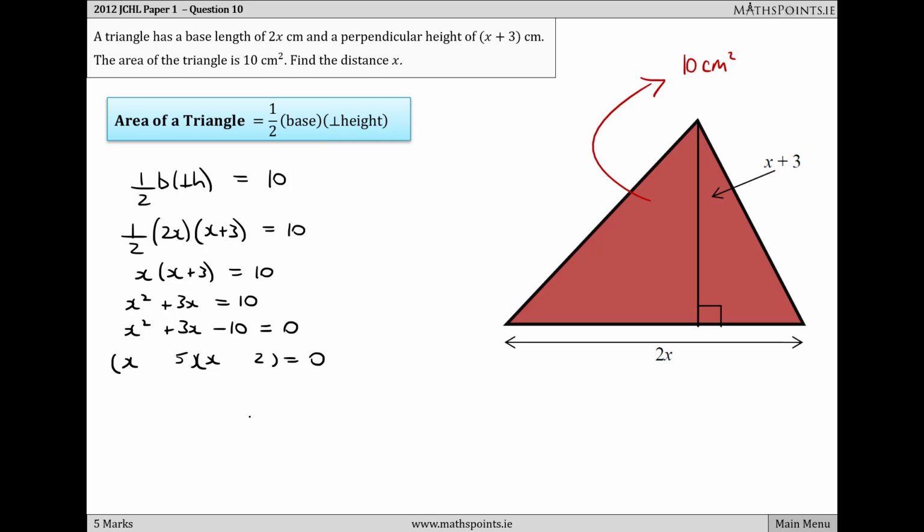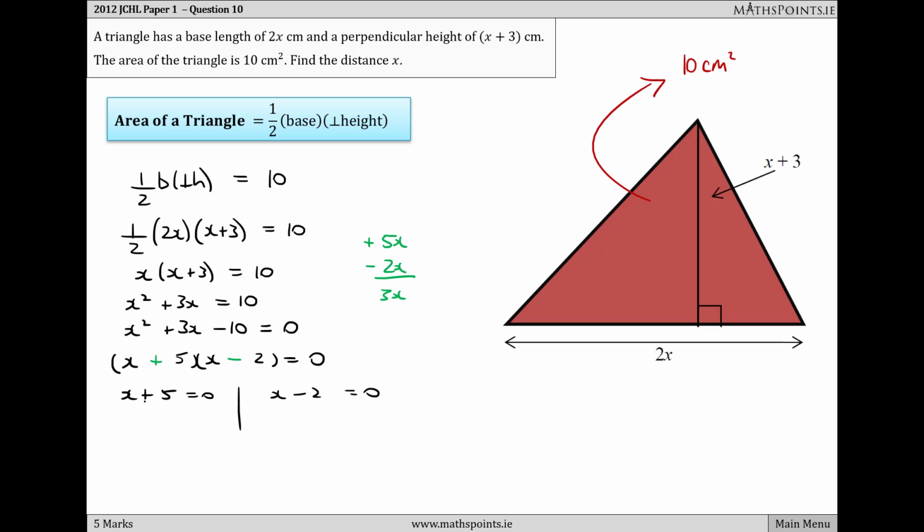So 5 and 2. To check our signs, we can see that the product of the inner two is 5x, and the product of the outer two is 2x, and we want the sum of those to give us 3x. And we can see that if we have plus 5, minus 2, we have the correct factorization. So we let each bracket equal 0, x plus 5 is equal to 0, and x minus 2